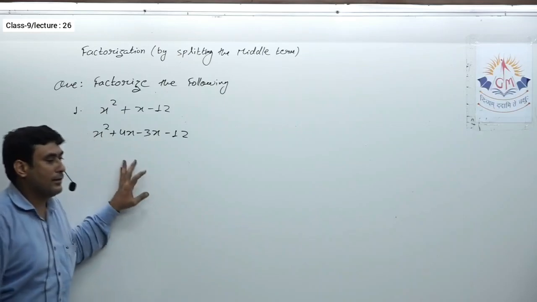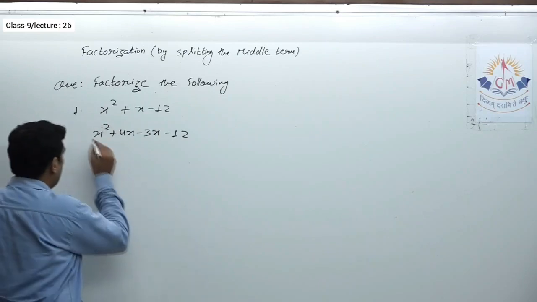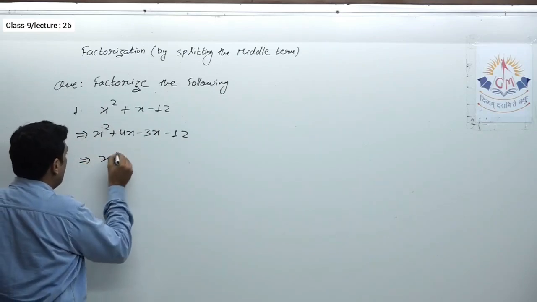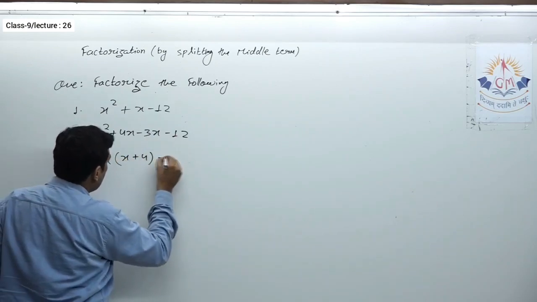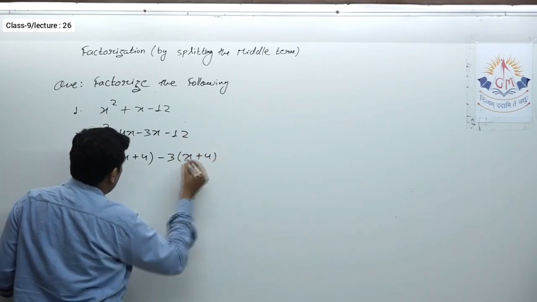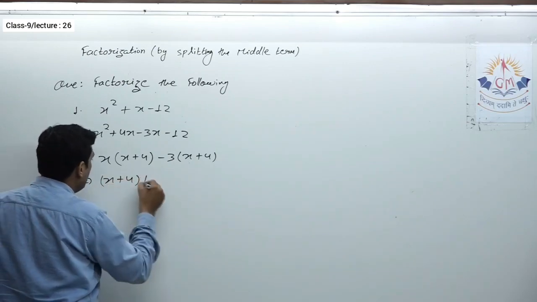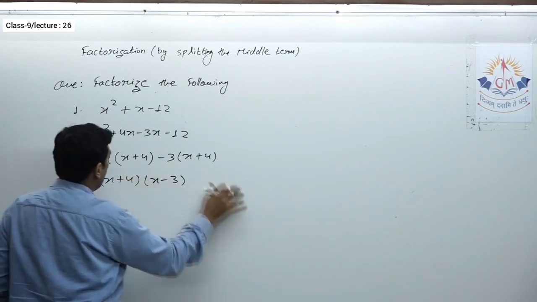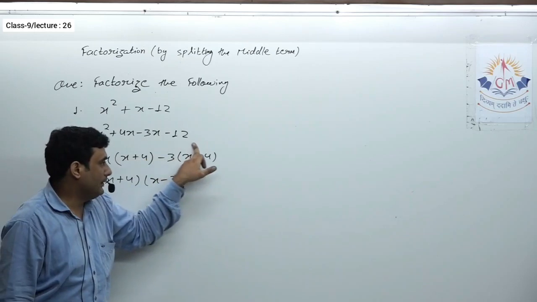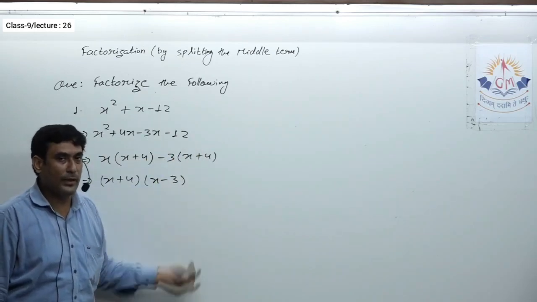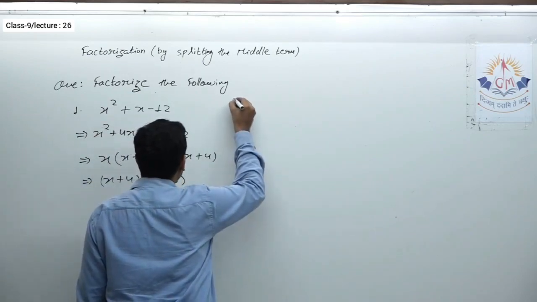Now after this is a question that we already did. From these two, now you have to take something common, and that is very easy to take common, that is x. If I take x common, here I will get x plus 4. And from these two again you can take something common, that is minus 3. So here you will get x plus 4. Now from these two, definitely you can take x plus 4 common, leaving behind x minus 3. So these are the factors of the given expression. So whatever mind you have to apply, that is on second step. After that it is very easy to take common and it is as easy to find factors. So I hope this is clear to you.